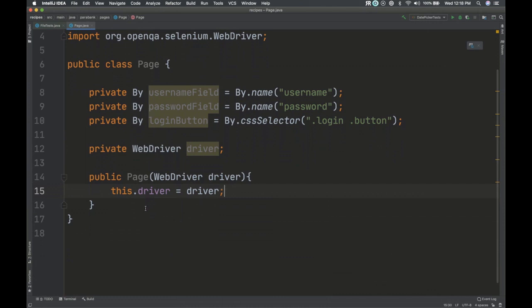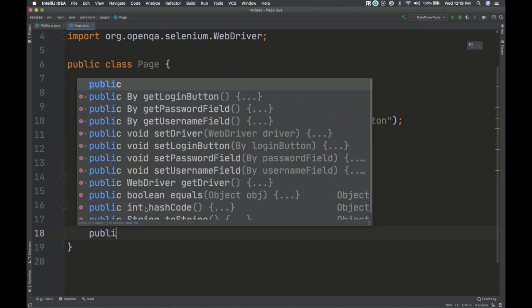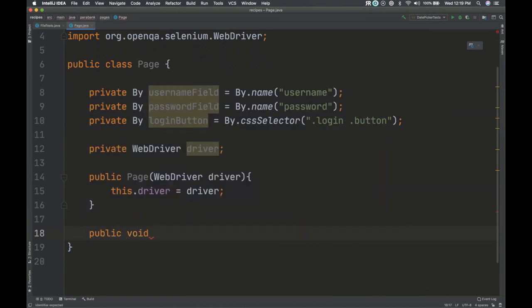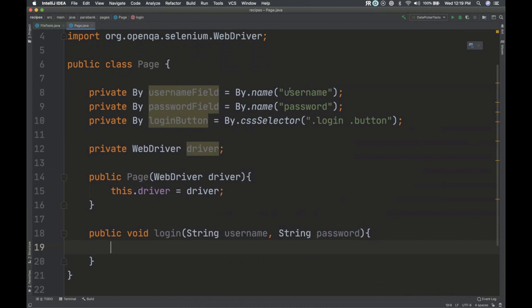All right, so let's go ahead and make the login method. So we'll say login and give us the username and give us the password. And usually I would make three separate methods for this: one to set the username field, one to set the password, one to click the button.